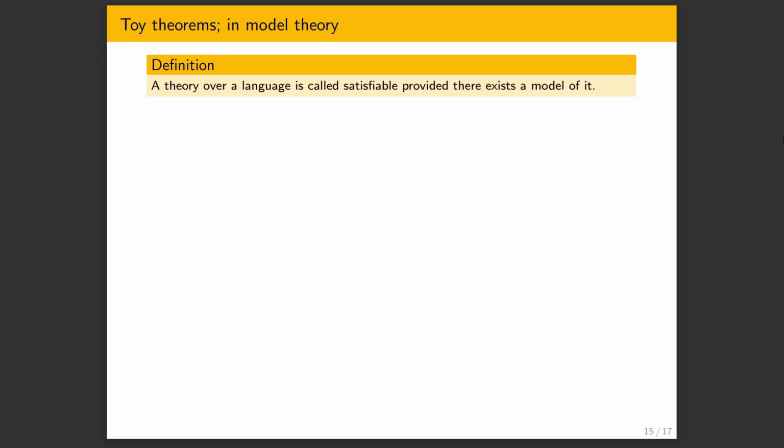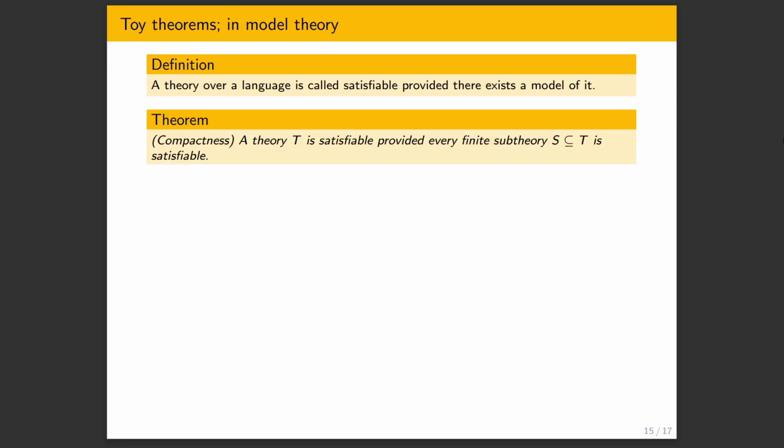Like a second sentence, there exists x such that x equals x, and for all x, x equals x is false. These two sentences, when put into a theory, are not satisfiable, because there is no model for them. It's impossible to have something which behaves according to those axioms in said theory. Now we have a nice theorem: a theory is satisfiable if every finite subtheory is satisfiable. This is called compactness, and it's a very important theorem in model theory. It's just good to know.